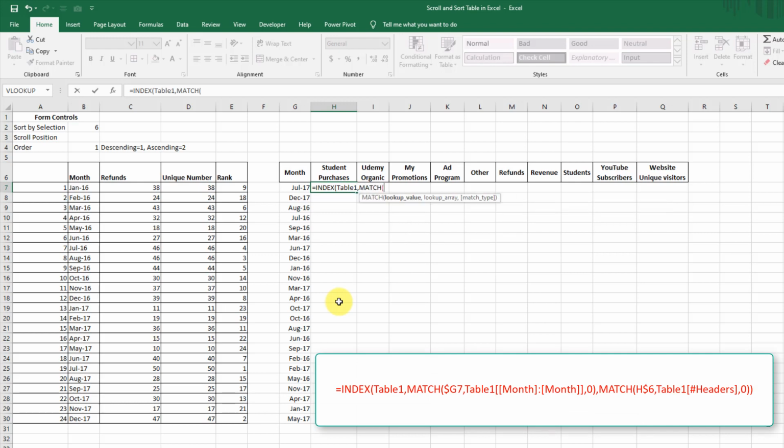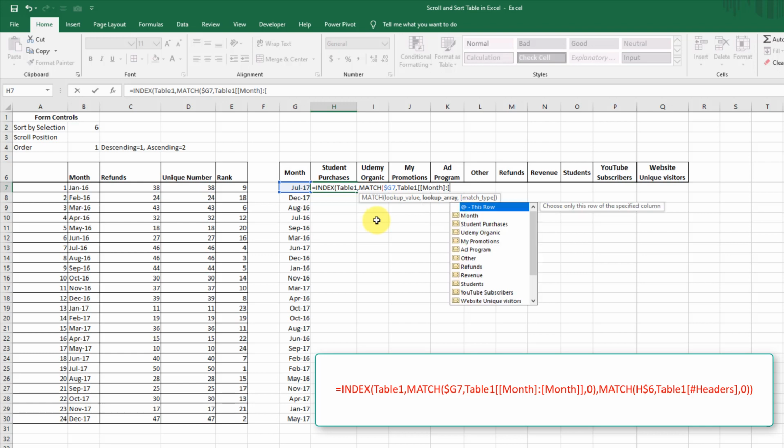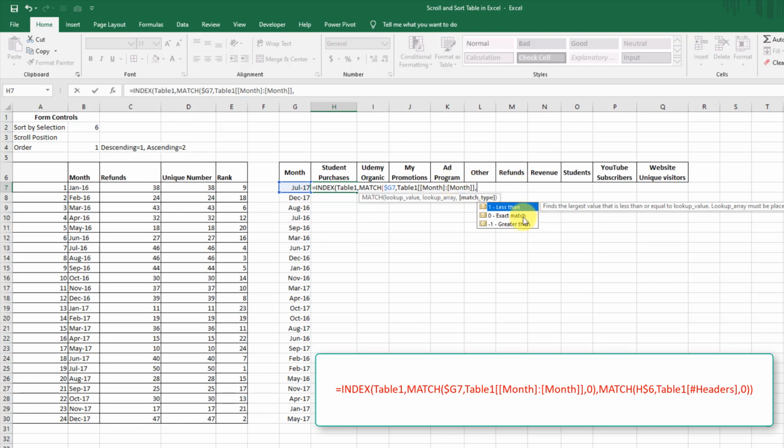Find the value here, G7 cell, July 17, in the month column, match it exactly, put 0 here.